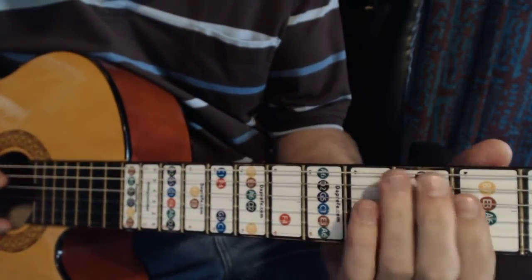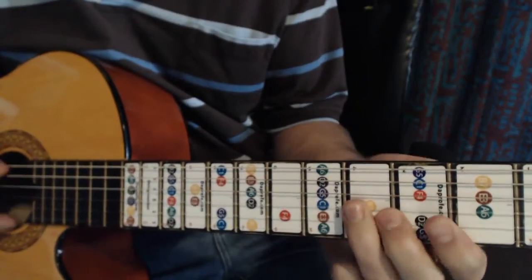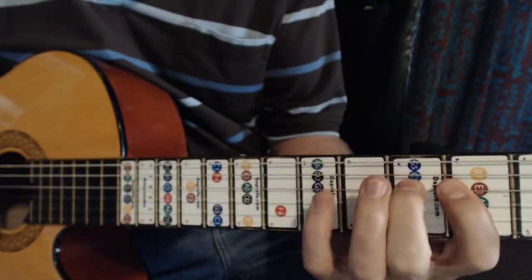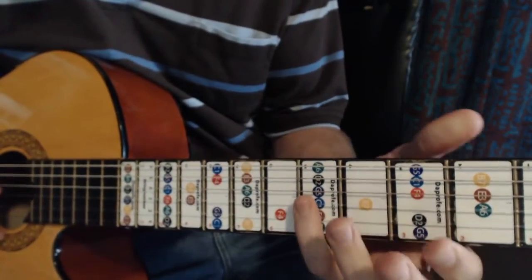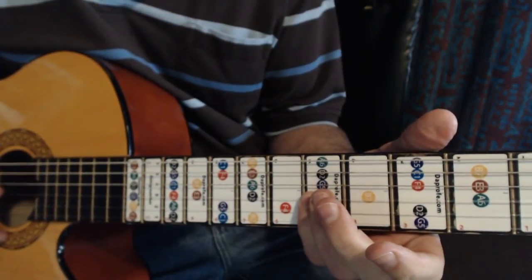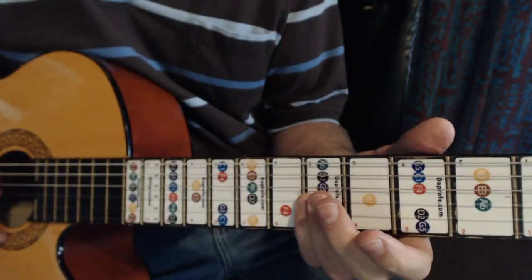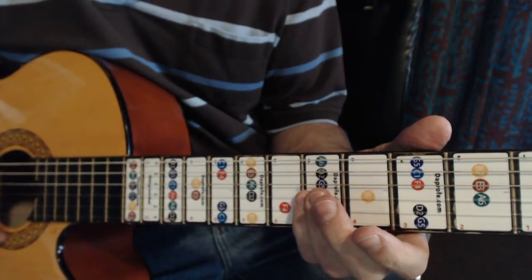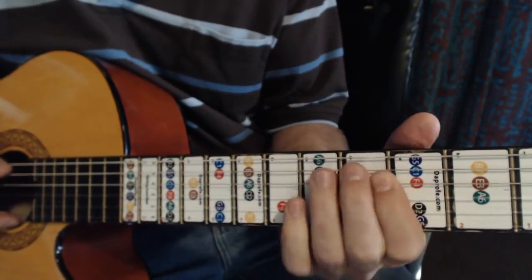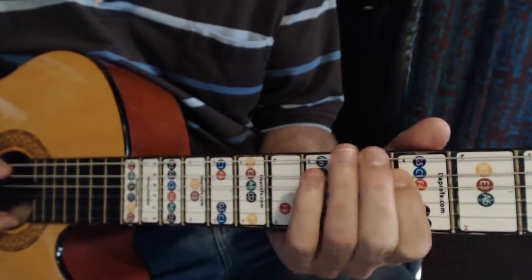So 1, 2, 3, 4, 5, 6, 7. Those are the numbers for each note. That's the 1st note, 2nd note, 3rd note, 4th note, 5th note, 6th note, 7th note. Then it goes back to 1, so that's going to be the 8th note, basically. So now if you want to do a progression, basically you can take the numbers. This is part of the Nashville number system. I'm not going to get too much into it here, but basically you can just take the numbers and